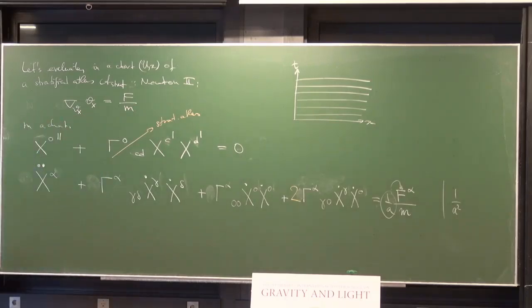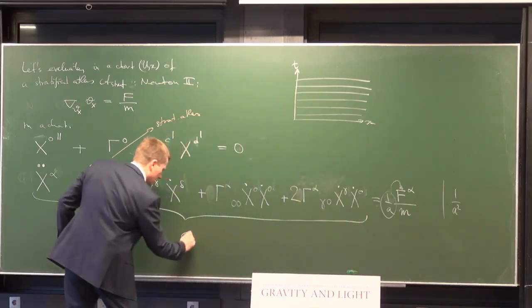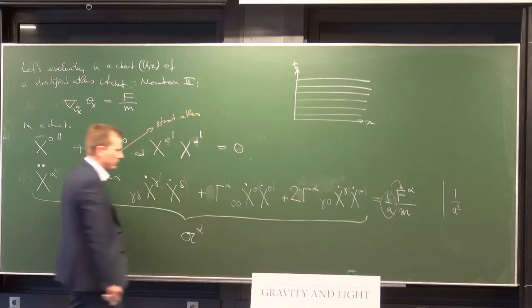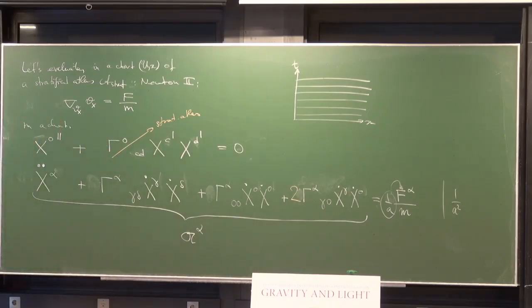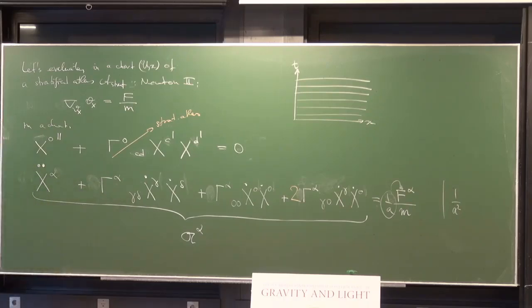Okay, fine. So we have this equation. Now here you have what you would usually call the acceleration, but which isn't the acceleration, because what is the acceleration? All of this. All of this is the one and only acceleration alpha component. No summand in there alone, or any combination of summands that isn't all the summands, is acceleration. Because none of these terms by itself, or if any of these terms is missing, this no longer transforms as